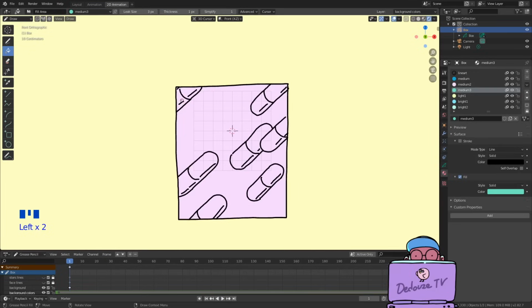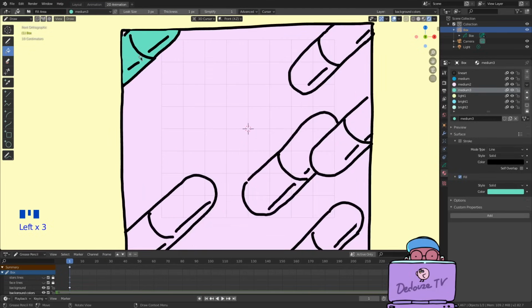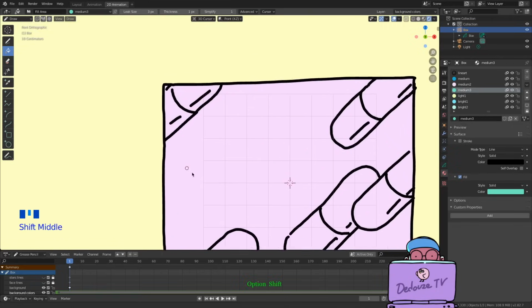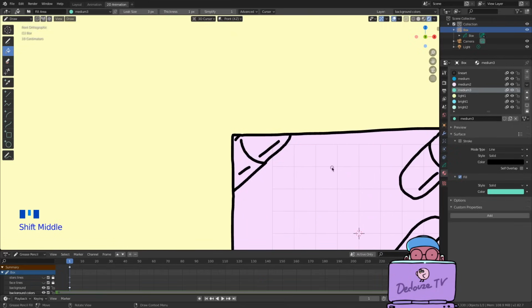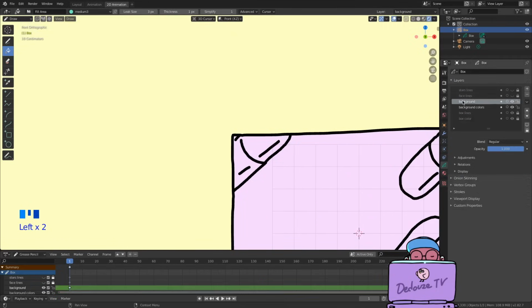I'm now going to paint half of the pill, and oops, the whole pill was painted. That's because there's a gap in the middle. To solve this, you can configure the way the tool detects the gaps. You can also go back to the line art layer and complete the lines, but there are two faster ways.